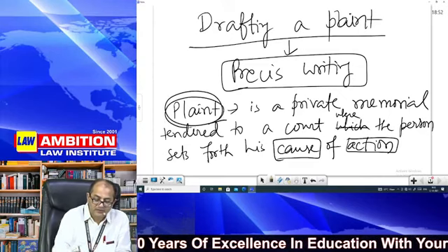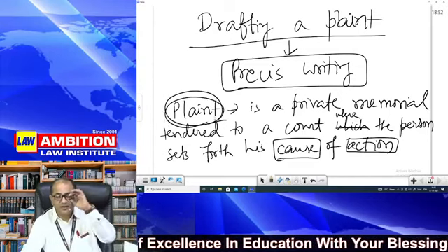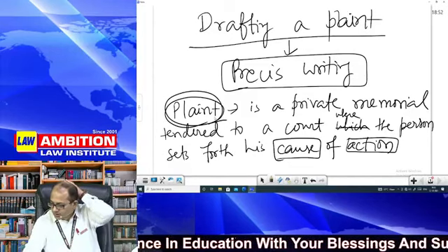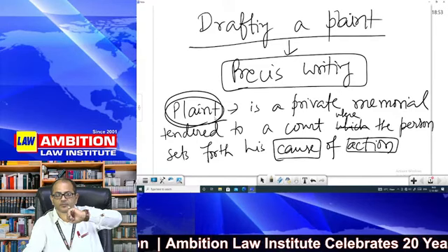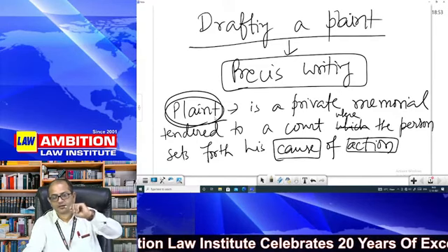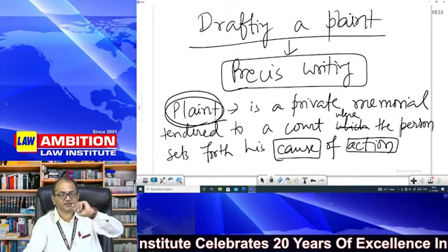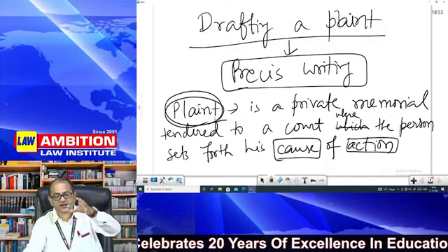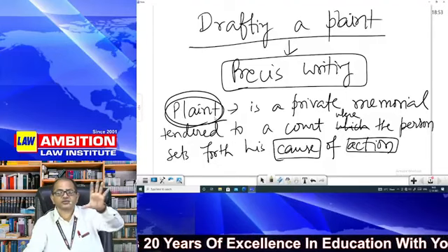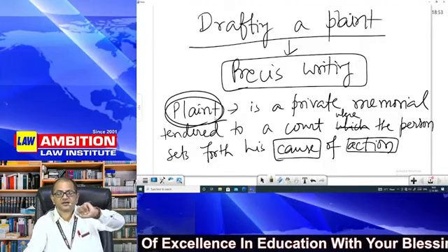Plaint is basically the pleading of the plaintiff. आप जानते होंगे कि the aggrieved party who goes to the court, he files a plaint. If I am aggrieved by certain violation of my right by the other party, suppose I am A and the other party is B, and B violates my right, so I being A aggrieved, I will go to the court and I will take a plea before the court that see, such and such rights are violated. So to show this fact, I should know the substantive law of that particular thing of which I am alleging.